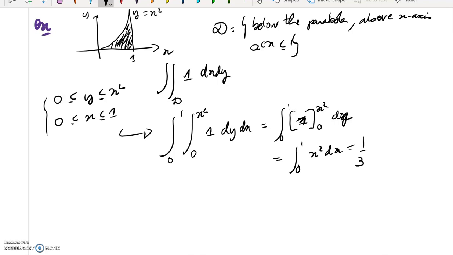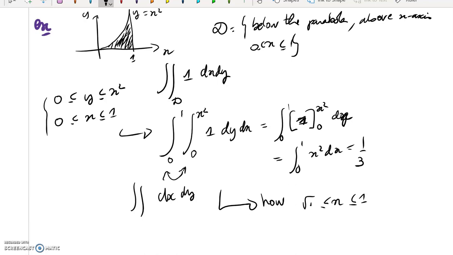Whereas if you do it the other way around, if you want to integrate with respect to x first and then y, you have to consider how to express these variables in order to be able to exchange the order of integration. You wouldn't be able to exchange it directly. You would probably need to say that x is smaller than 1 but bigger than the square root of y, and y then should belong to [0, 1]. Now it's your go to try to finish that and show that you get the same value in the end doing this order, but then you see exchanging